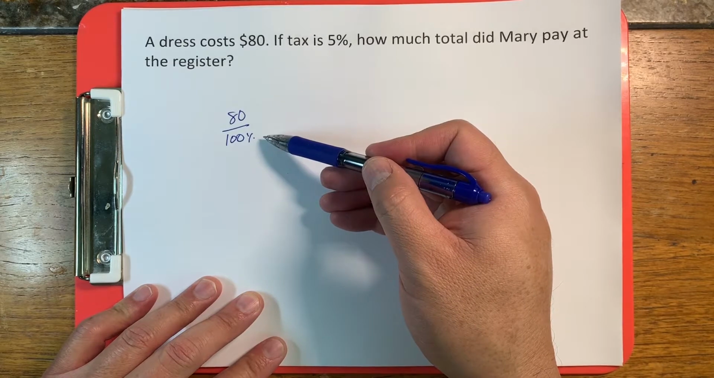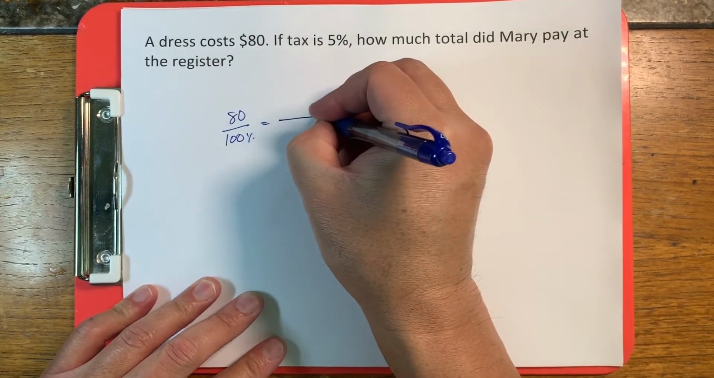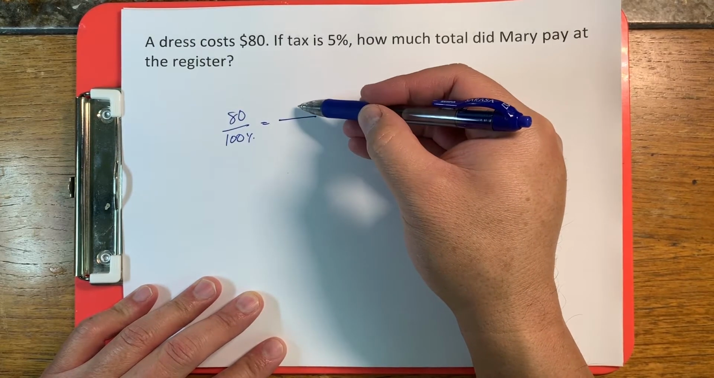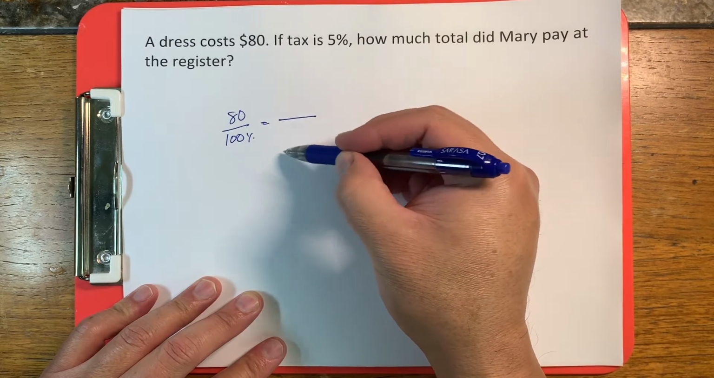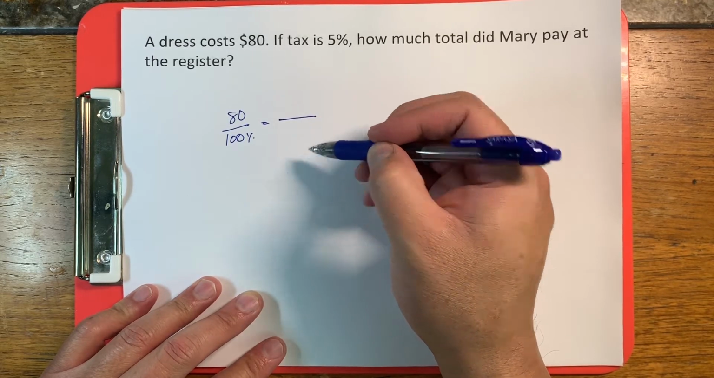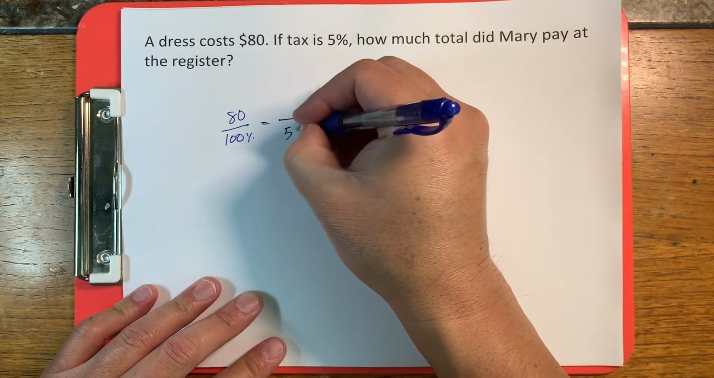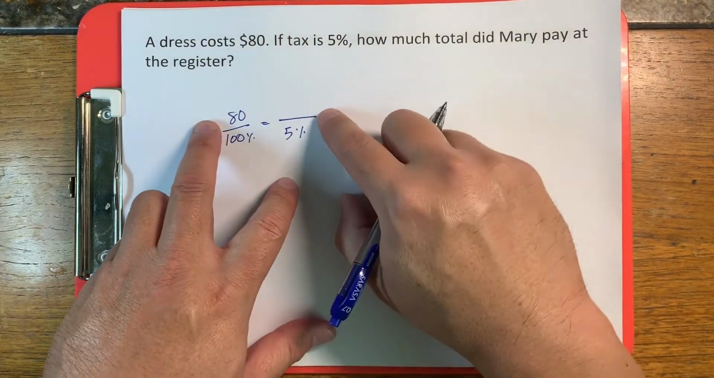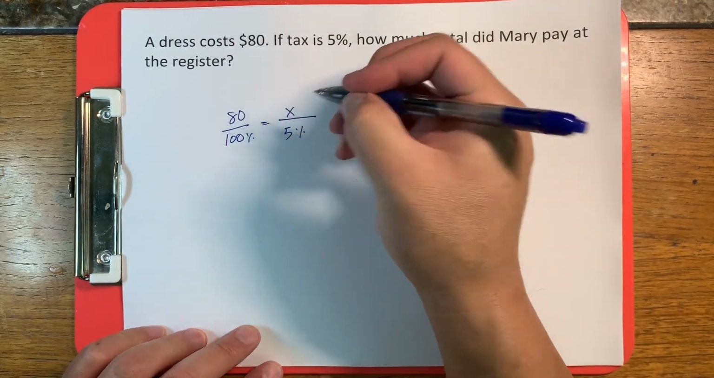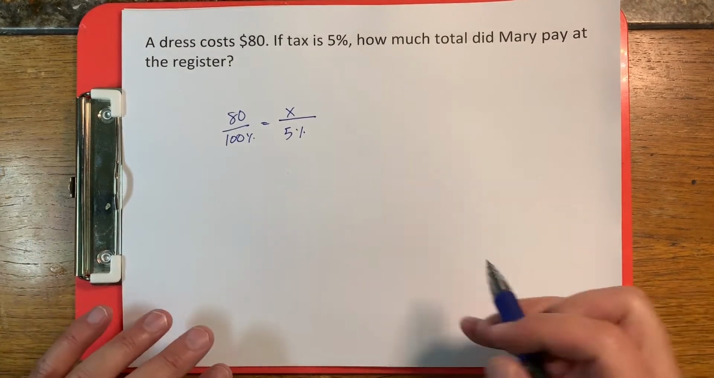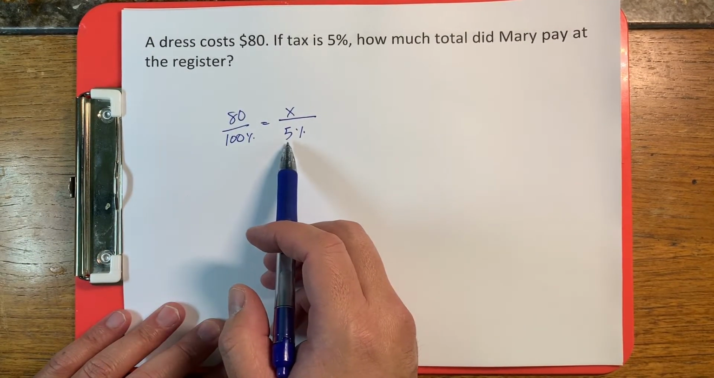The dress costs $80. And then over here, we either look for what is the tax amount or the tax rate. Anytime they say rate, it's the percent. So over here, they give us a tax rate, which is 5%. So we're matching percents with percents and dollars with dollars. What we don't know is the dollar amount of the tax. So what I'm trying to do is find the fraction where the denominator is 5